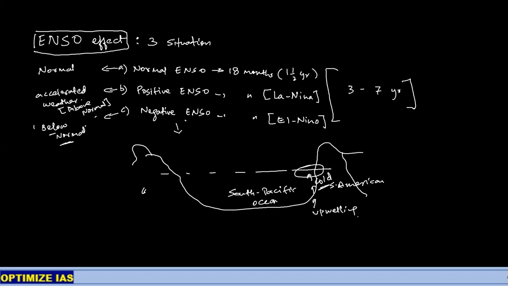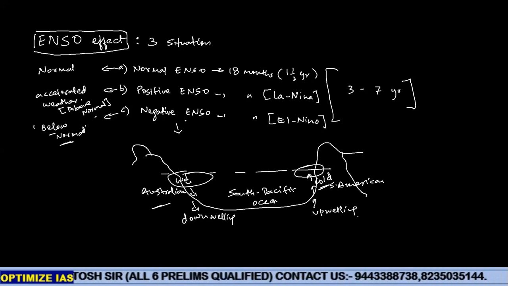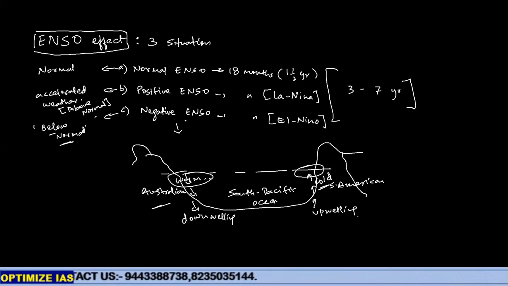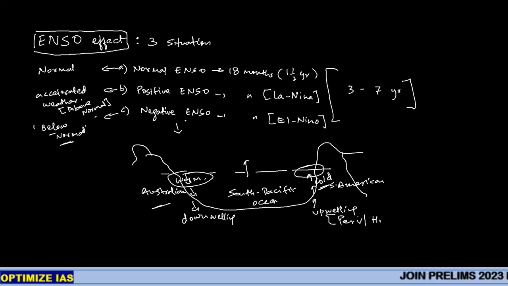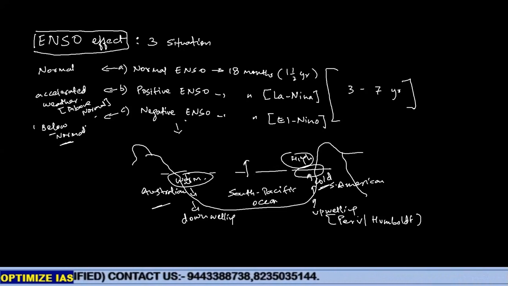While on the Australian coast, what is the situation? East Australia: the downwelling process is operating here. Because of downwelling, warm water gets piled up on the surface near Indonesia and East Australia. So now sea-air interaction takes place. The cold waters are maintained by the cold upwelling Peru current, or Humboldt current, and because of that, high pressure is maintained on this side. And this side, because of warm waters, will maintain what kind of pressure? Low pressure.